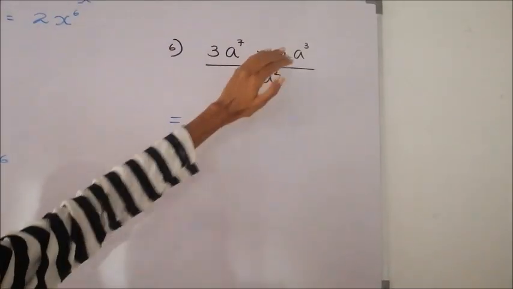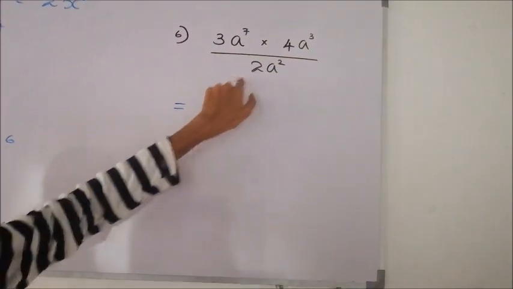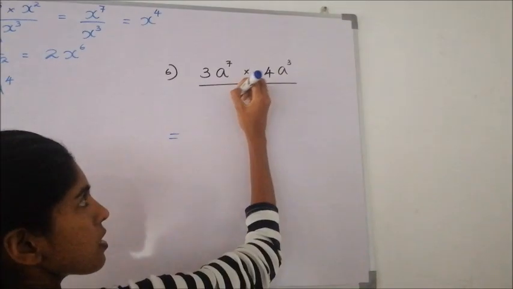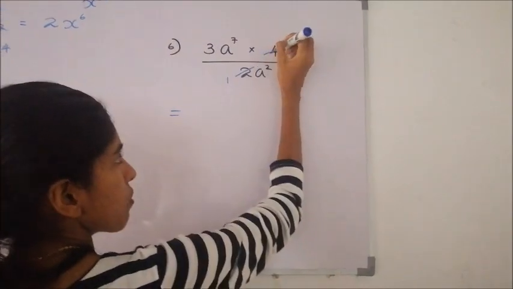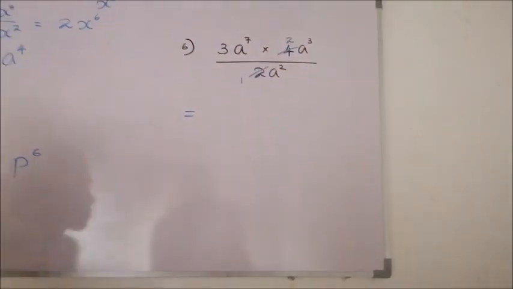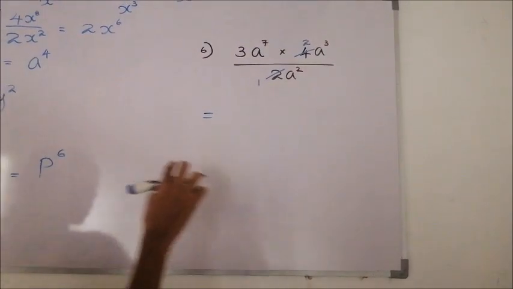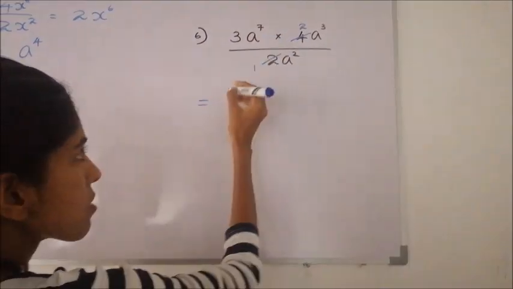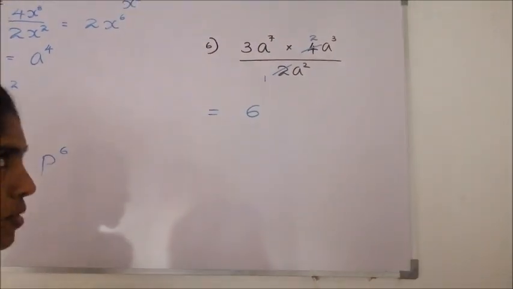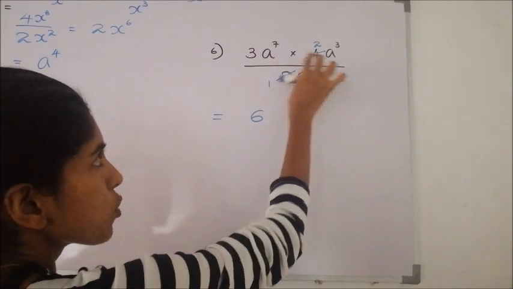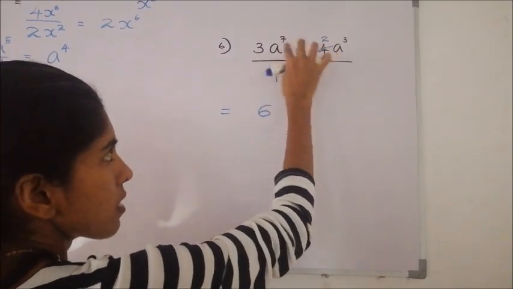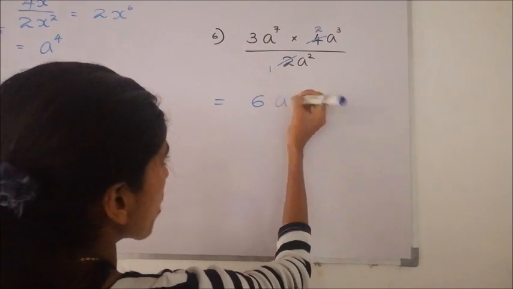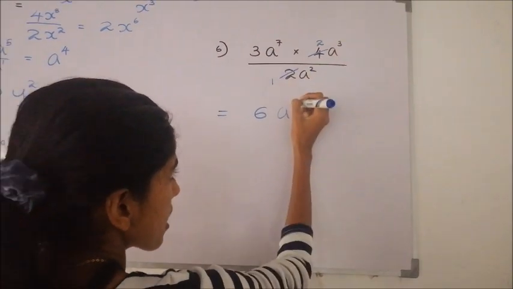Or else you can simplify the multiples. We can say 2 and 4 are multiples of 2. So here 2 times 1, 4 has 2 2's. Now we will multiply the remaining numbers. 2 times 3 is 6. Here I wrote. And we have two powers with the same base, and they are multiplied, so we will add the powers. A to the power 7 plus 3 is 10.